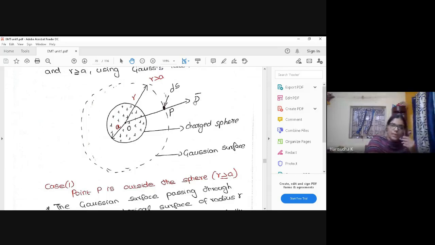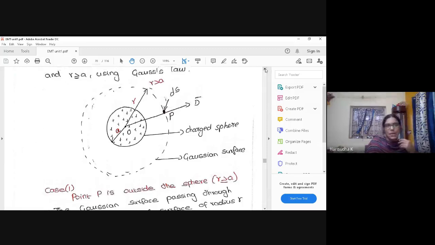Now, how I'm going to proceed with the derivation is I have to find my electric flux density and the electric field intensity when my radius r is less than a and when my radius r is greater than a. Those are the two cases I have to find. Otherwise I can say whether I'm going to fix the point P in the inner circle or in the outer circle. In simple words, whether the point P is fixed in the inner circle or the point P is fixed in the outer circle. Depending upon that, I'm going to find my electric field intensity equation and the